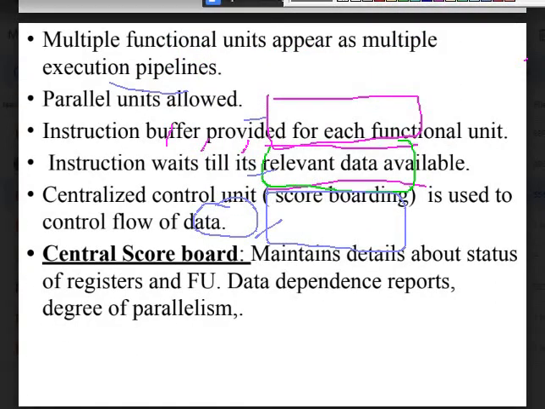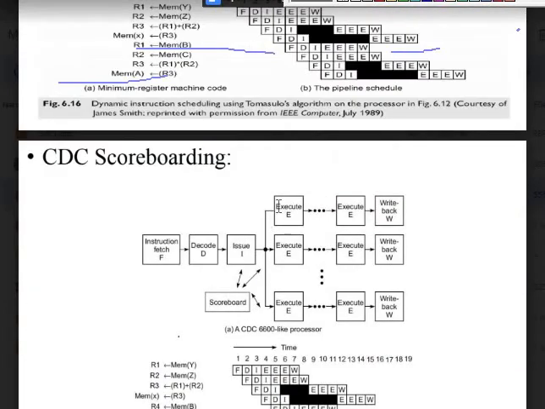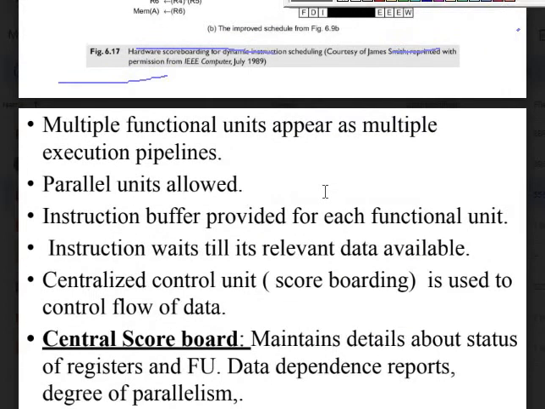Okay, see now, as I mentioned, there may be multiple functional units, and in each unit multiple executions. So is it allowed to execute instructions in parallel? Yes, it is, because what we have is a different stage. First stage is different, second stage is different, and third stage is different. Like that we can have n stages also. There is no rule that we should always have only 3. See, this is an extended version.